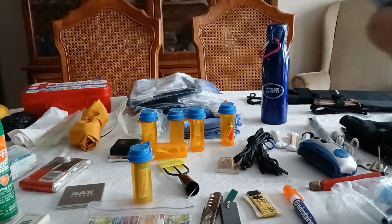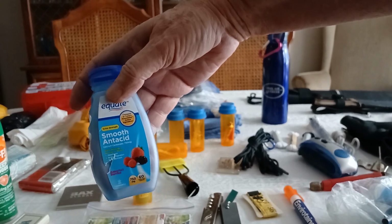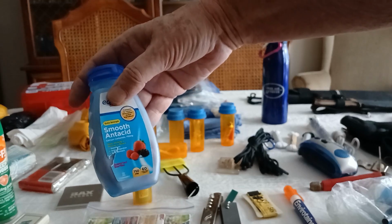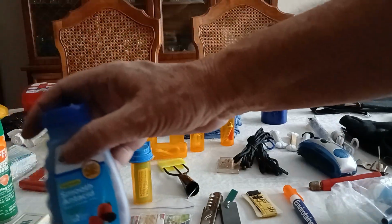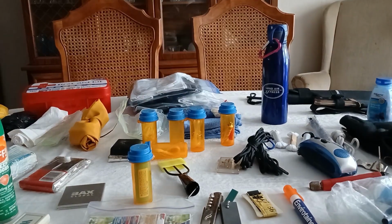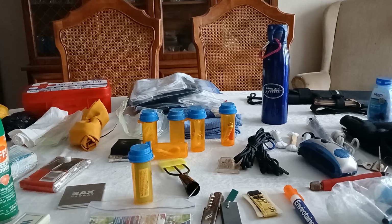Along with the first aid kit, in case I have an upset stomach, I've got these Walmart brand antacids, like Tums, okay? If you don't have anything like this and you do have an upset stomach, which could be aggravating considering if you're having to use this stuff, you're in a situation where you don't